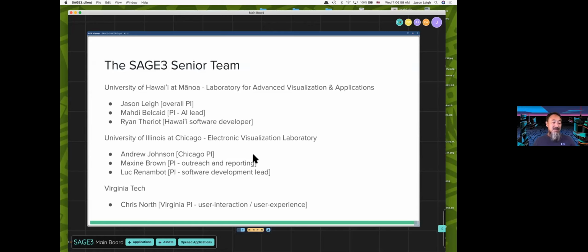It does take a pretty decent amount of effort to actually develop software like SAGE3. But even before that, let me explain what SAGE3 is in a nutshell. Some of you may have heard of SAGE and SAGE2, and now we're at SAGE3. Basically, it's software to allow people to work collaboratively on large display walls. And since the pandemic, a lot of interesting things have happened that's motivated the evolution of SAGE3, which we're going to show you today. So we're going to spend just the beginning of the time period talking about what it is and what it can do, but really the proof is in the pudding,